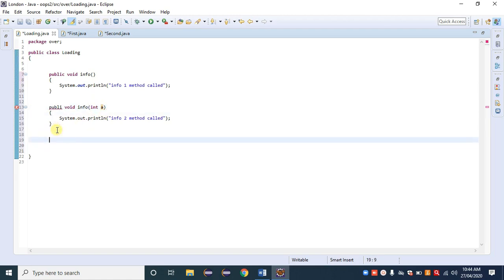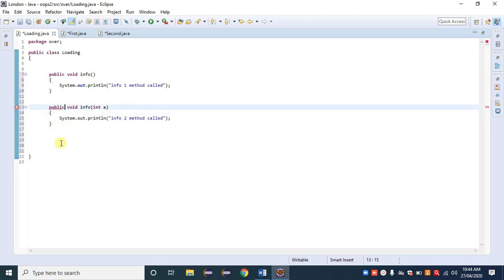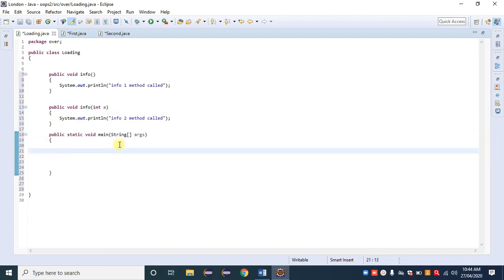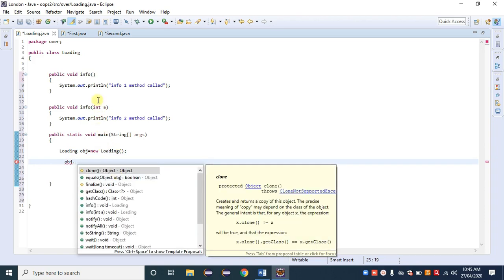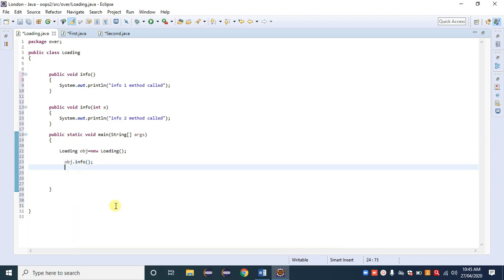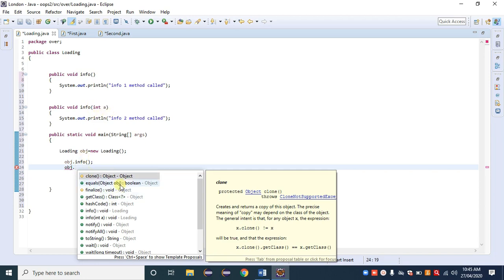So how to call that one? We know that we can call by creating an object for that class. I need a main method here. Class name is loading. Obj is equal to new loading. Obj dot, how to call the first method? Info. What is the next method? Obj dot info, passing int a.